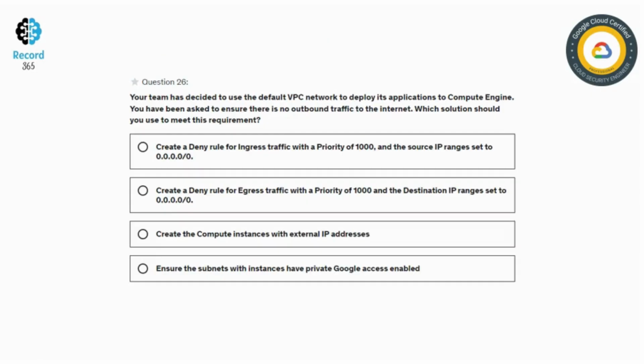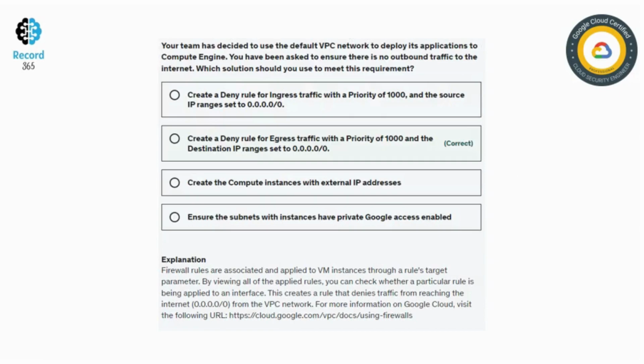The next question is: your team has decided to use a default VPC network to deploy its application to Google Compute Engine. You have been asked to ensure that there is no outbound traffic to the internet. Which solution should you use to meet this requirement? And the right answer is: create a deny rule for ingress traffic with a priority of 1000 and the destination IP set to